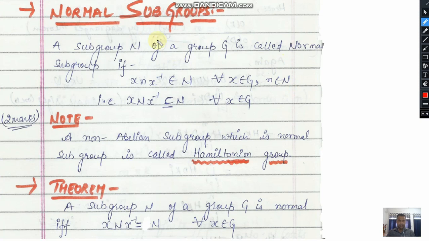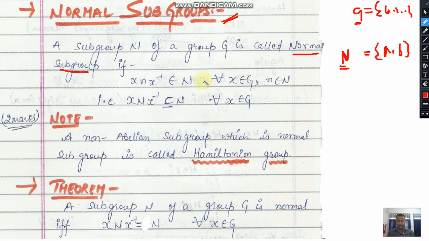Now we will discuss the definition of a normal subgroup. This is one more important topic here. Let G be a group having some elements A, B, C, and so on, and we are taking a subset of this group G. Let us suppose this contains only two elements A and B, and we are naming it N. Then this subset N of the group G is called a normal subgroup if it satisfies the following properties.